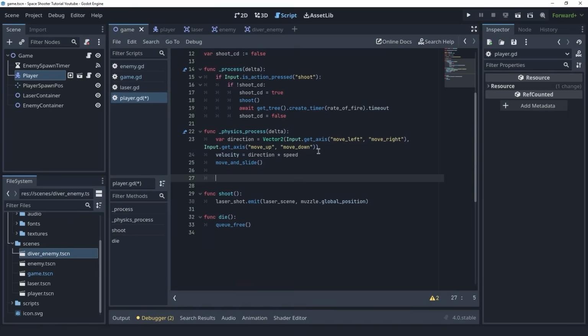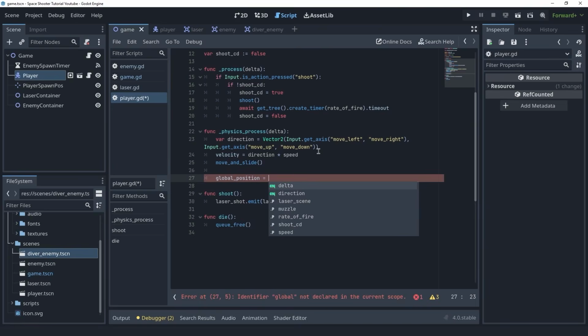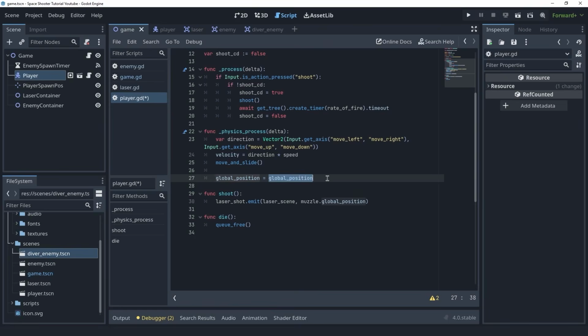Okay, so inside of the script, we are going to set global position equals, so global position is a Vector2. And a Vector2 has a built-in function called clamp. You can call it by simply doing .clamp on any Vector2, and this will take in 2 values. The first one is the minimum value. In this case, it is going to be Vector2.ZERO. So this is simply a Vector2 that has 0 in x and 0 in y. And the next argument is going to be the maximum value. And this one is going to be